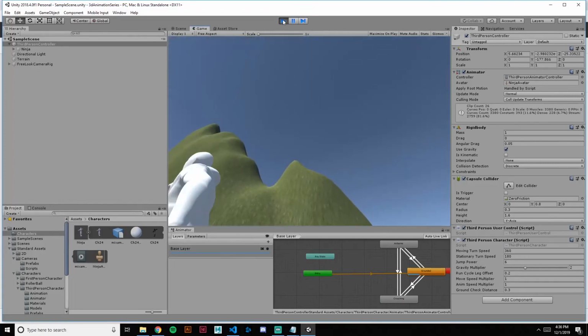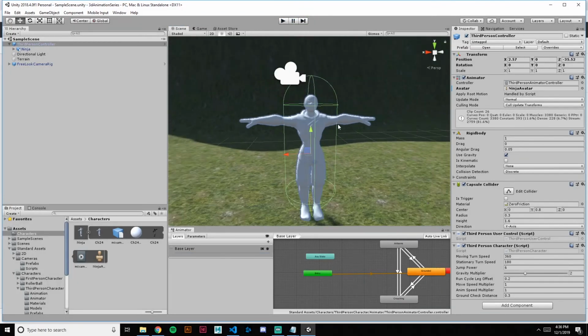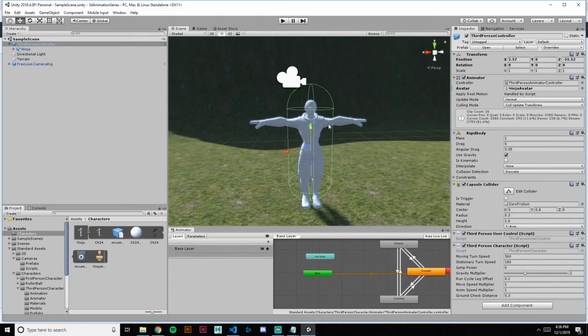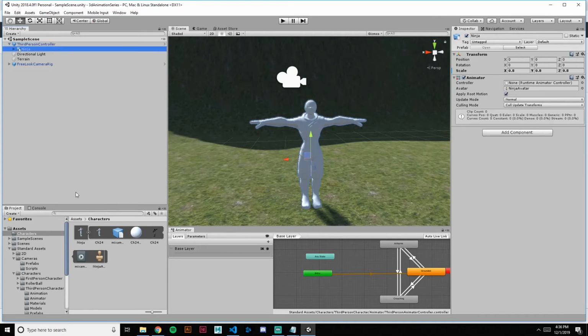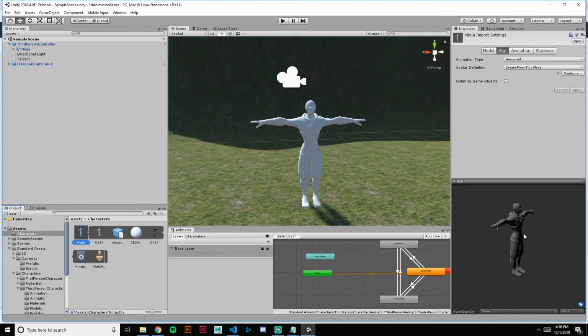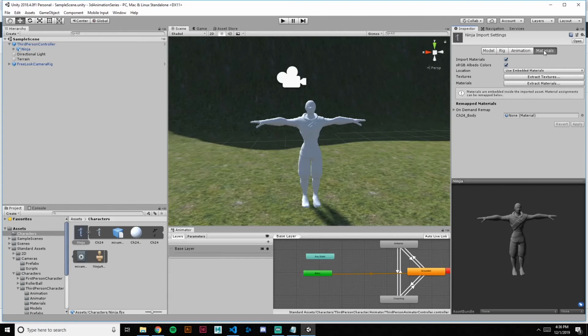That's great. You may notice something wrong, and I've been avoiding it on purpose because it needs to be talked about separately. The textures are all off. So if we go back into the Ninja FBX, this sometimes happens with certain downloads from Mixamo, and sometimes the materials are off, and a lot of times the textures are off. So a quick fix is under materials in the FBX file, go to extract textures,